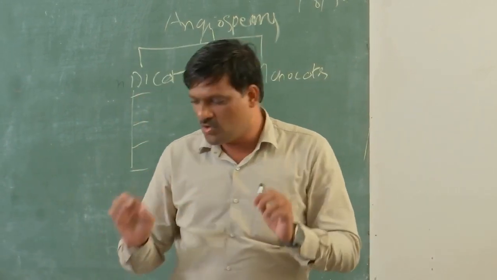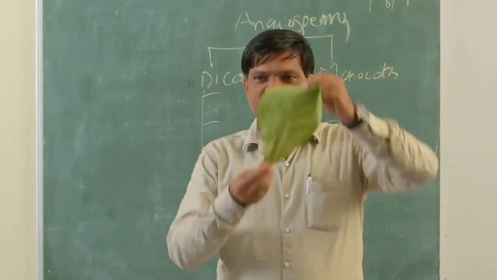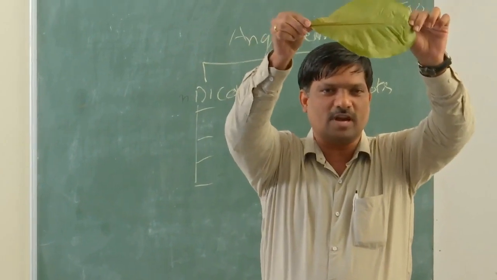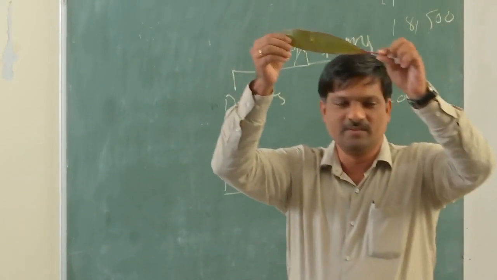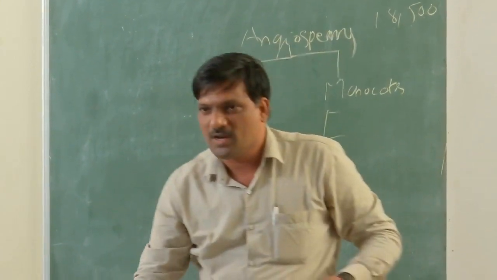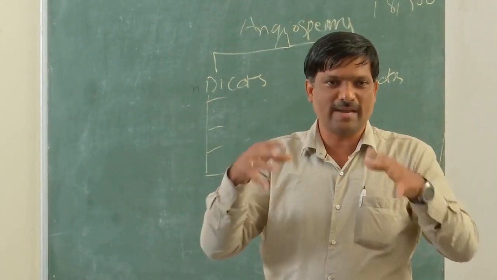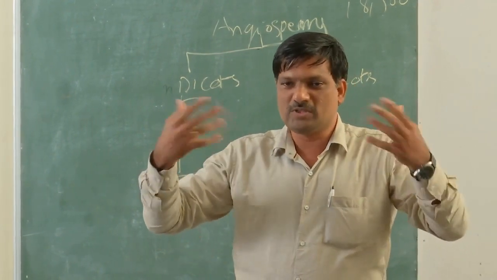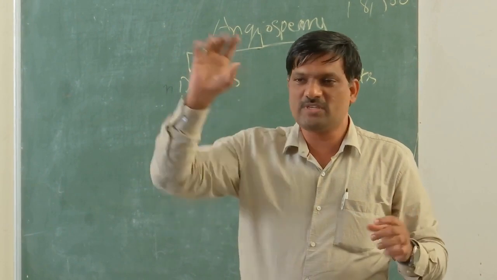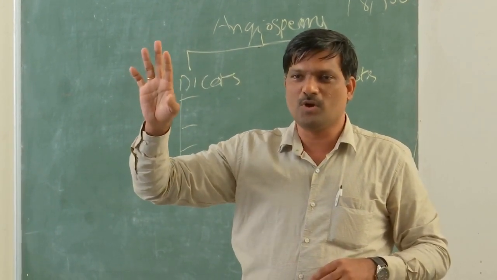Now I would like to show only a small leaf. You should say immediately which it is, dicot or monocot? Dicot. Nice. Which leaf is it? Monocot. Thank you. Now I would like to give one assignment. Tomorrow go and check whatever plants are available and identify monocot and dicot. Finally, I am giving one: which is the banana, monocot or dicot? Banana leaf. Monocot.